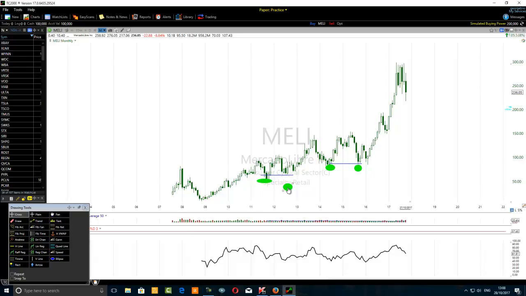So this is not equal low. You can see that it's not an equal low double bottom. We have a low and a higher low, but it is a double bottom chart pattern here. And I have another double bottom chart pattern on my chart. To use double bottom chart patterns to facilitate the Elliott wave counts,